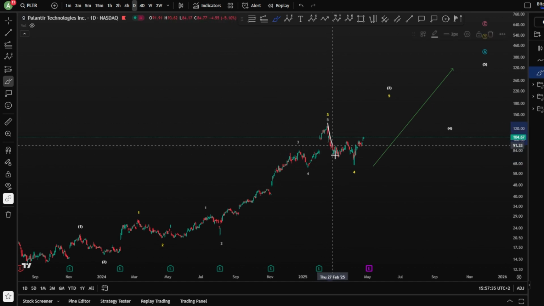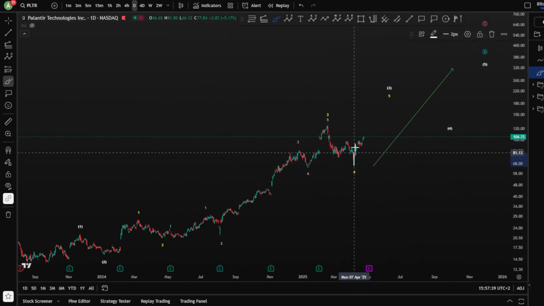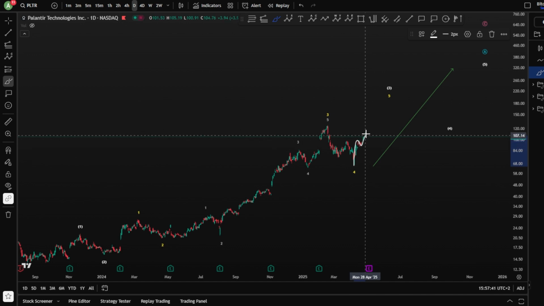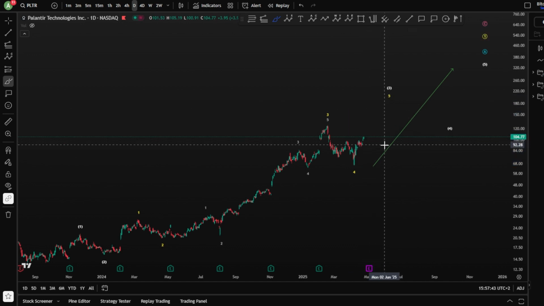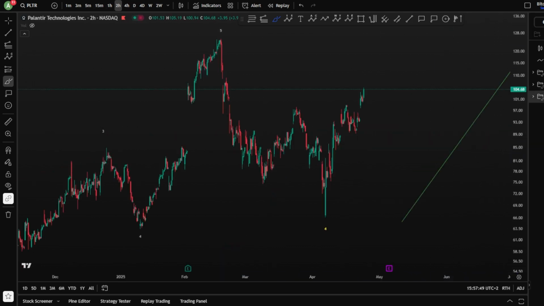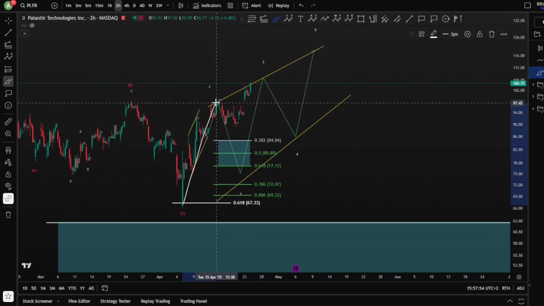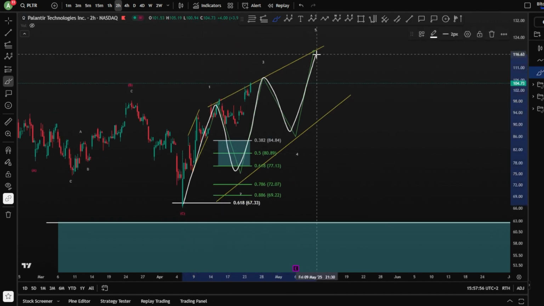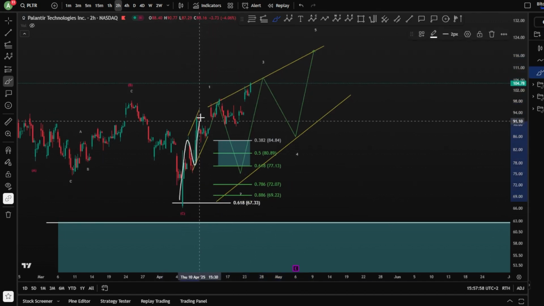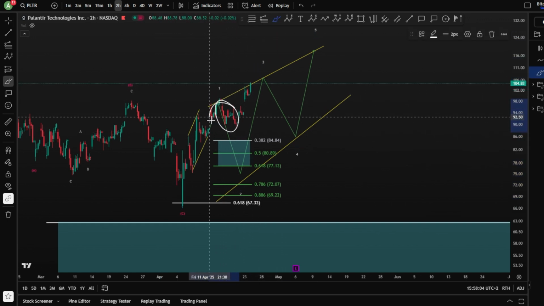Currently, after this wave 4 basically finished, I would say we are looking at a potential 1 2 here, 3 4 and a 5 towards the upside. Before yesterday I think we analyzed Palantir and said that it might be unfolding a big diagonal or a small diagonal, and this is exactly what we see right now based on this price action and this correction.